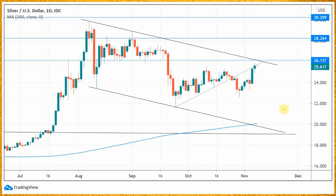Let's have a look at silver priced in US dollars on the daily scale. And again, we seem to have changed direction. We made a higher low and we've also just made a higher high. I've drawn this channel by joining these two lows and then cloning this line and moving it up, and that has actually fit perfectly for these two highs,